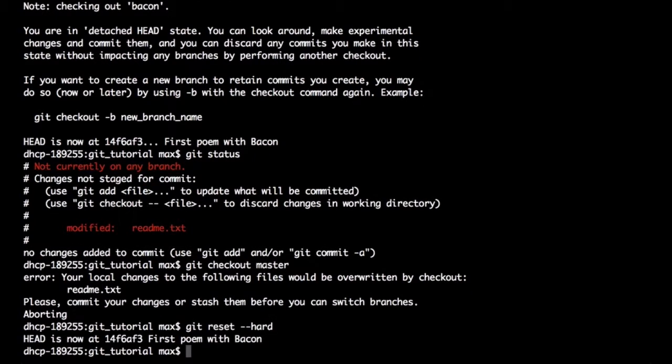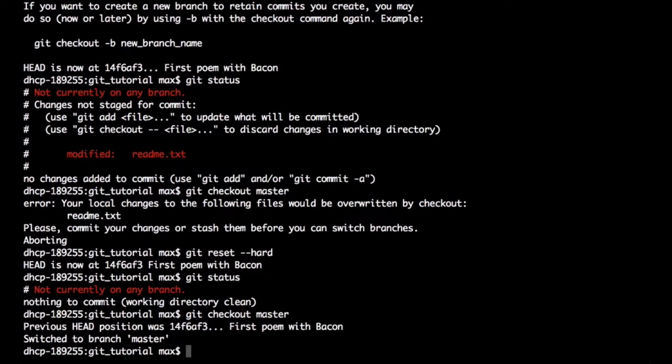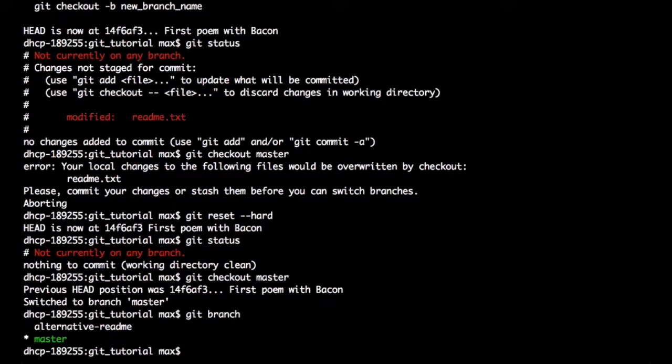That's it. Git status. Working directory clean. Okay. Git checkout master. Now I want to know what branches I have. And I want to remove the alternative readme. First of all, I want to show you something. If I do git branch D with a name, I will remove the branch